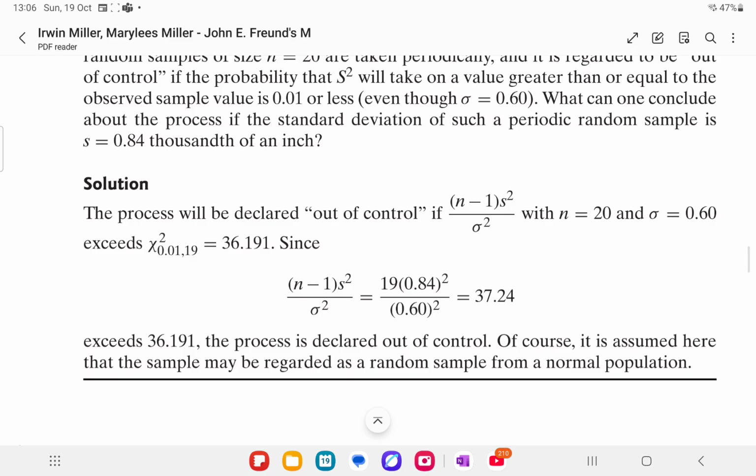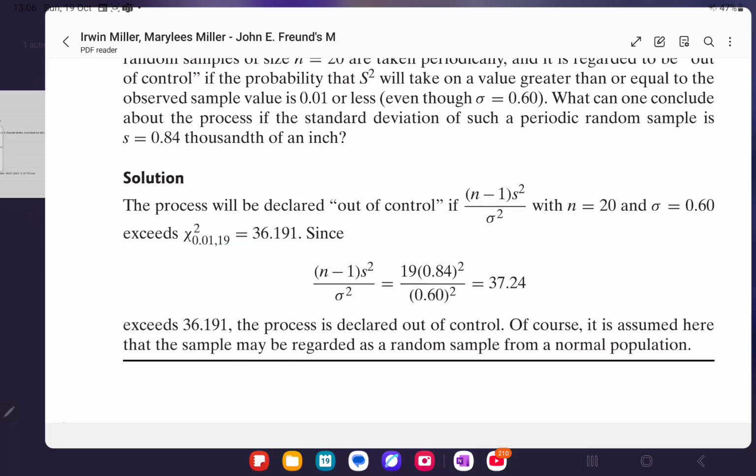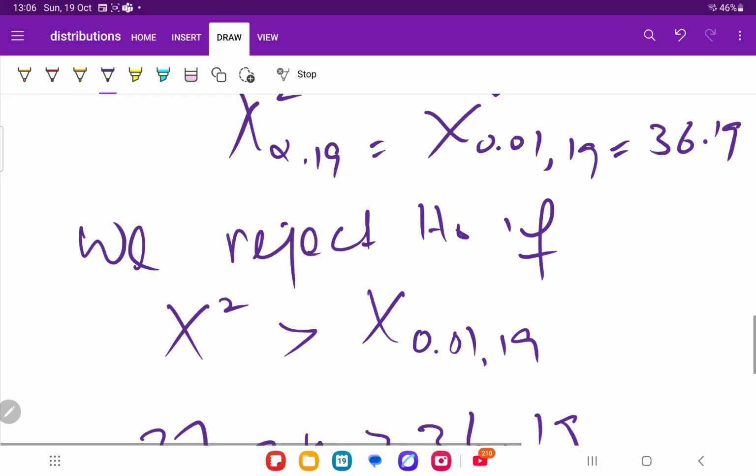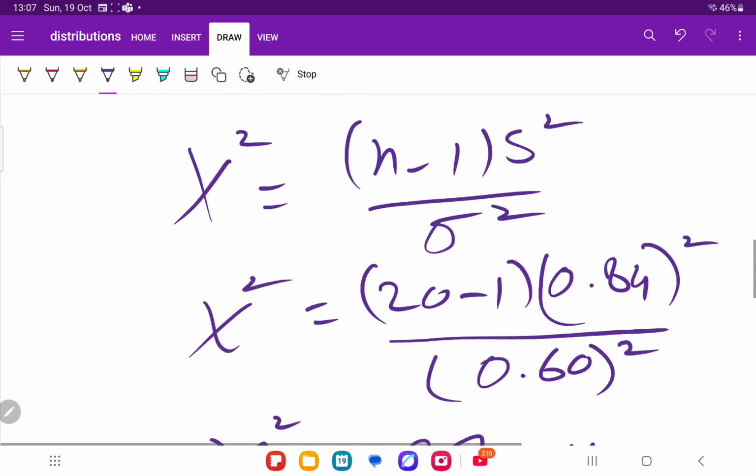So the process is declared out of control. Of course, it is assumed here that the sample may be regarded as a random sample from a normal population. So, chi-square. So I think, let me, no, I think we have tested the